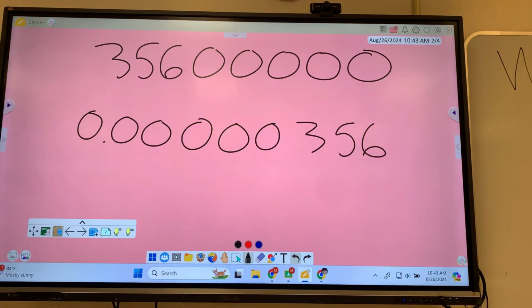What about those zeros? What do we call those zeros? Leading zeros. Are those significant? No. Now this works for smaller numbers too. There doesn't have to be all those different zeros, right?